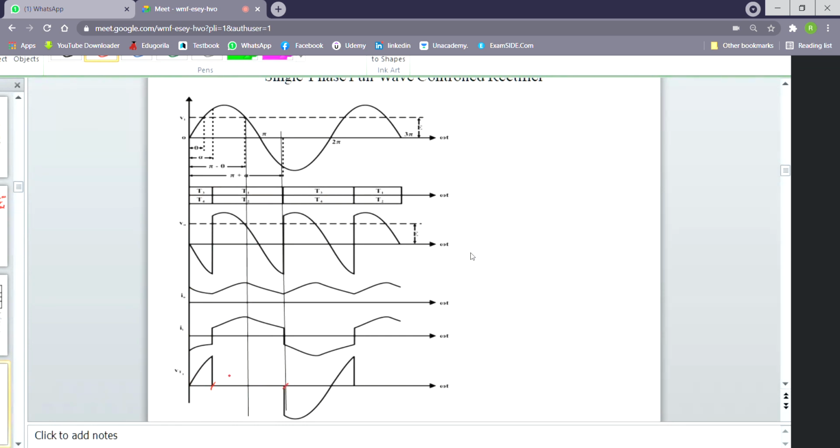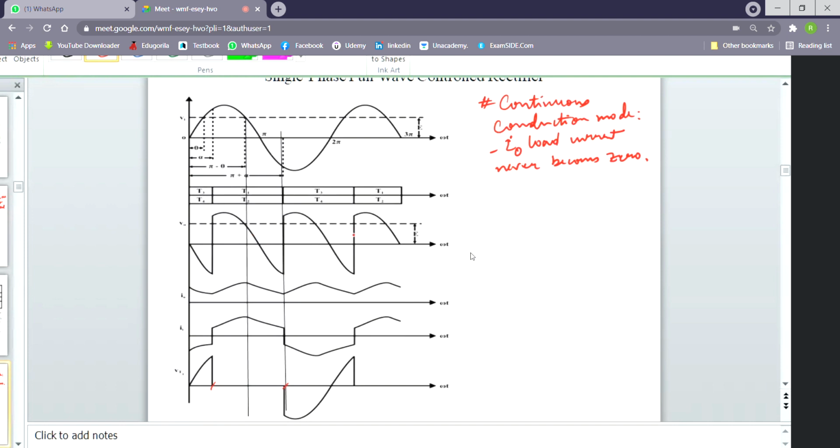Okay, so as can be seen, the load current I0 never becomes zero. So we can say it is a continuous conduction mode. How are we saying so? Because what we can see is that the I0 load current never becomes zero. That's why we can say that this is a continuous conduction mode of operation that we are seeing.